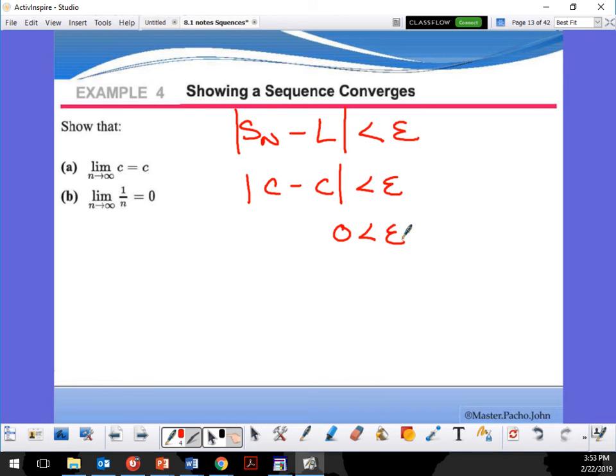Now in this case, where I have that little n is going to be greater than capital N, so any number after C, any number for that, it's always going to be that. What if little n is